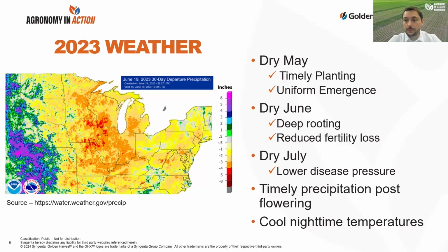First and foremost, we did not lose fertility this year, specifically nitrogen, sulfur, our leachable nutrients. They maintained and they stayed on the soil profile available for our plant roots to go and get up. The second thing is we had deeper rooting. Odds are we access moisture and we access a deeper level of nutrition in our profiles that maybe we haven't